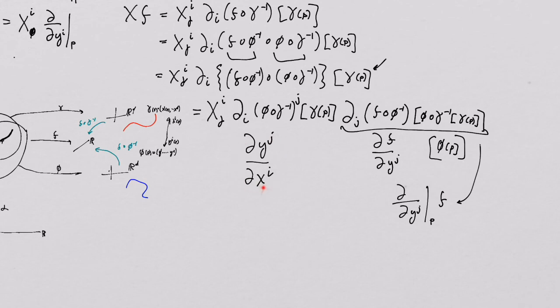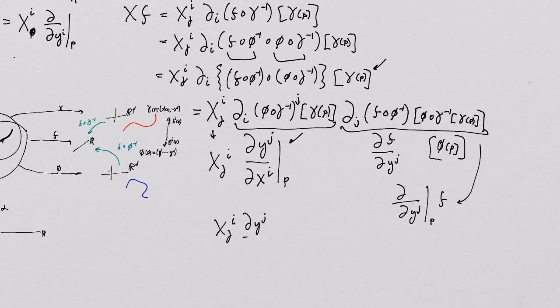This is dyj dxi, and it's evaluated at P, and that comes from the fact that it's evaluated here. And again, we're kind of getting rid of these gammas a little bit, but that's how the symbol works. And this thing here replaces all of that. So this can be written this way, and then this just comes straight on down as x gamma I. So in the end, when I put this all together, I get x gamma I